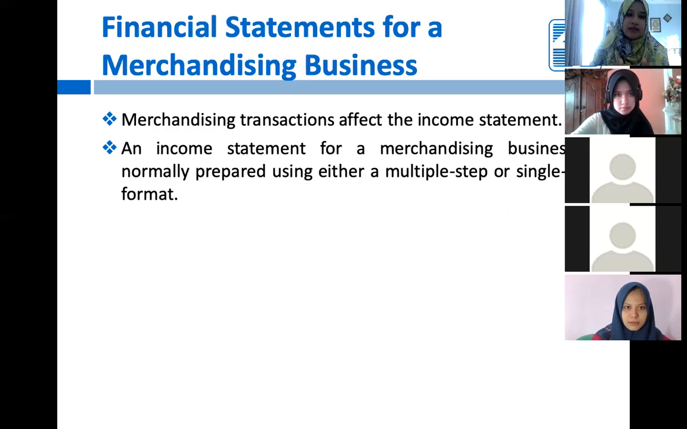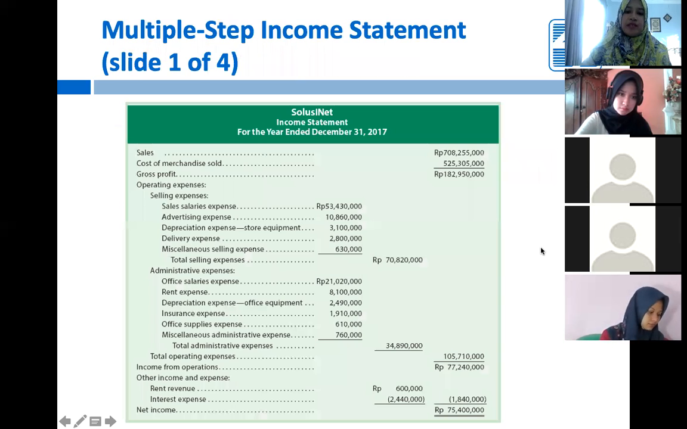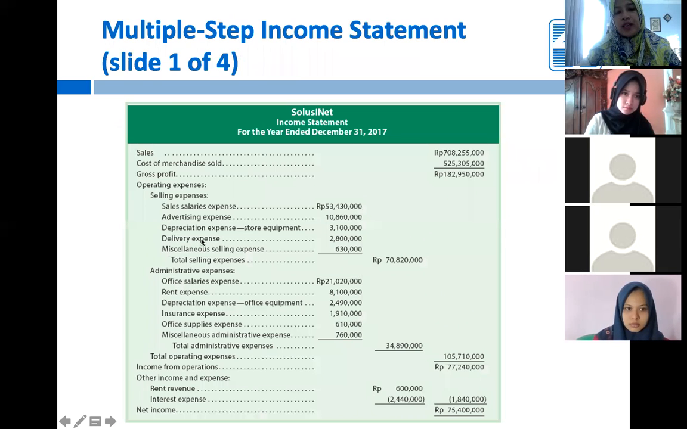The main difference between the service company and the merchandising company: under a merchandising business, the income statement can be prepared in two forms. First is the multiple step income statement, and second is the single step income statement. For the multiple step income statement, the income statement is prepared in detail,